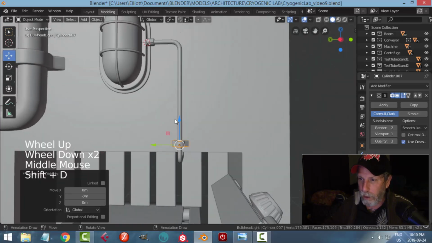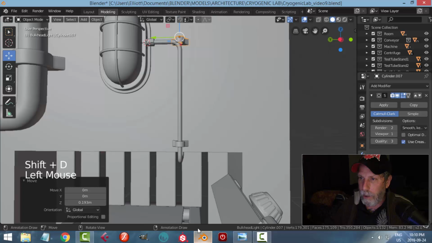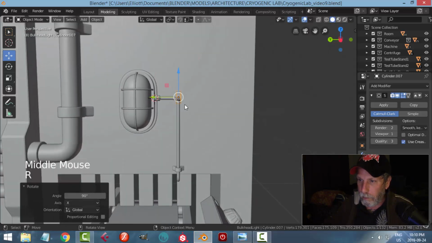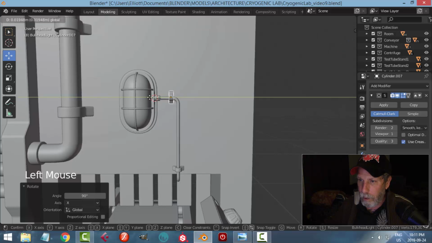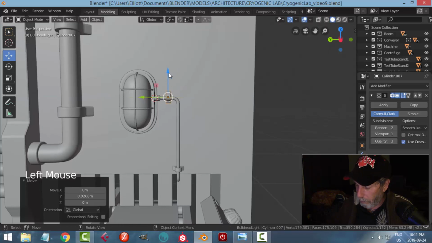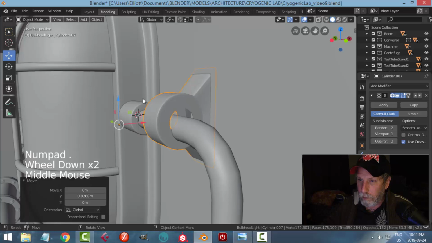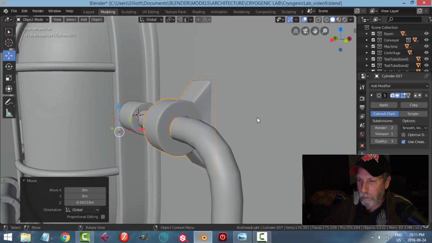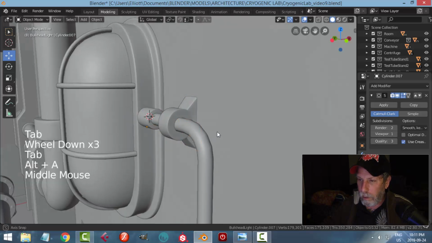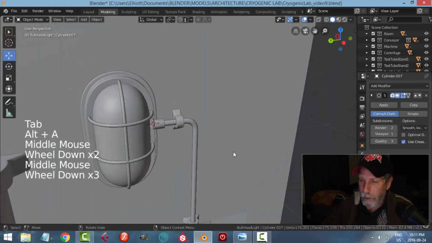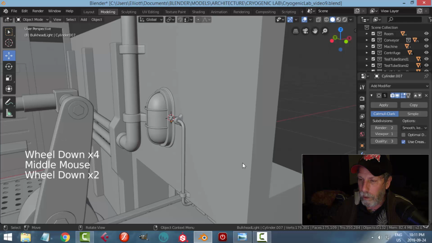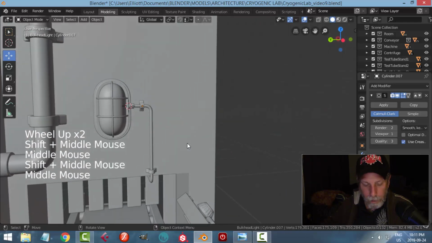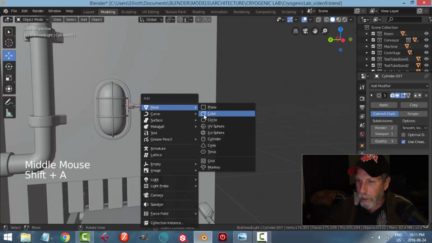So Shift D. I'm going to bring one up here. Let's rotate X90. And we'll put one in here as well. It's probably okay like that. Doesn't matter if there's a bit of a hole in there. Okay, cool. All right, I'm going to bring in a cube again